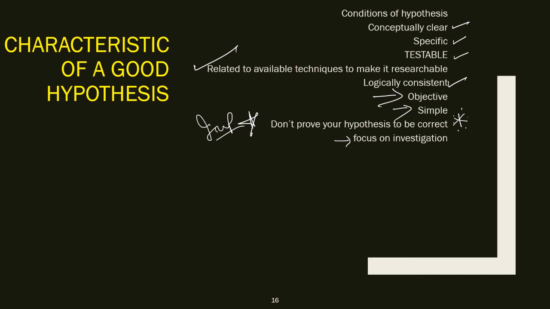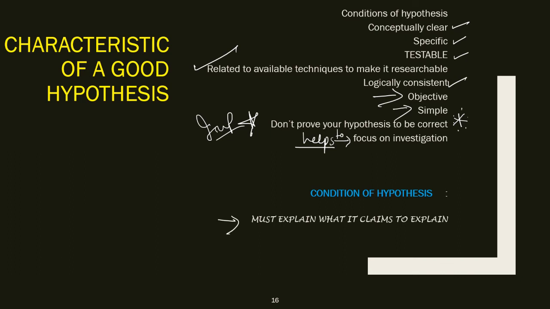Okay, now there are certain conditions of a hypothesis. Any acceptable hypothesis should fulfill two conditions. The number one condition is it must explain what it claims to explain, and the second is it must be capable of being verified or tested. While developing a hypothesis, you must discuss it with experts or colleagues, like everything regarding its origin, objective, data, other clues, etc. The researcher can also do personal investigations like interviews to gain better insight into the problem.